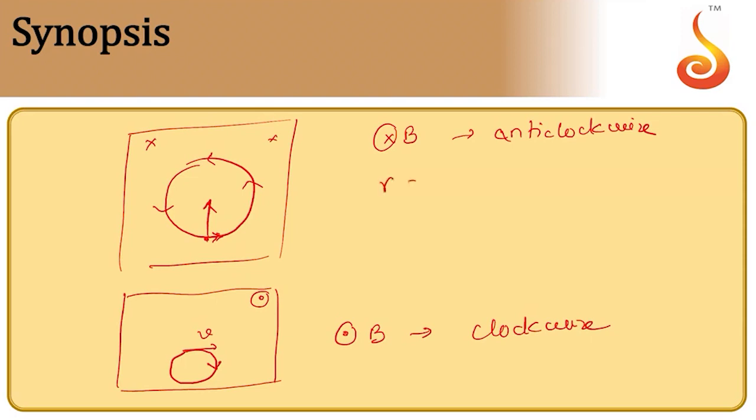In both the cases, the radius is given by mv divided by qB and the time period is given by 2 pi m divided by qB. Once the time period is known, you can also calculate the frequency, the angular frequency, etc. So, all of them can be calculated. And you know that momentum can also be expressed in terms of kinetic energy as root of 2mK. So, all these expressions are equally valid as far as the representation is concerned.